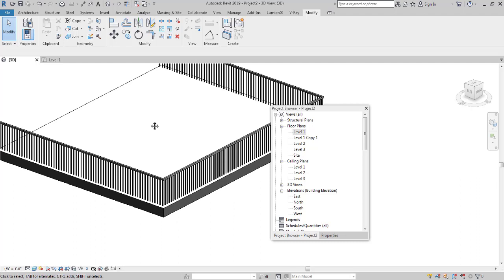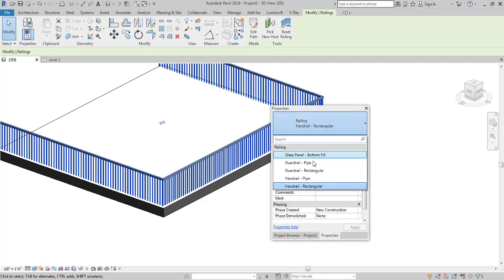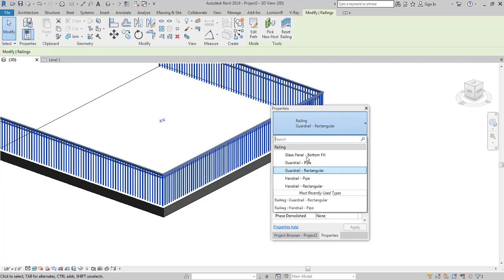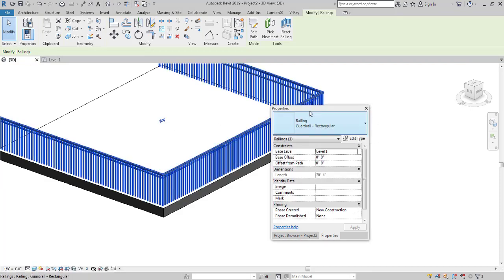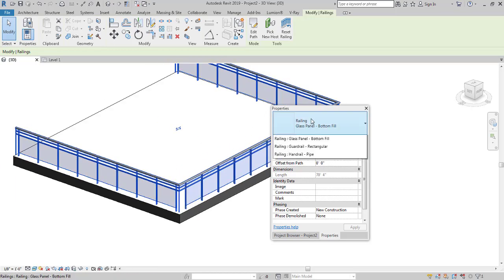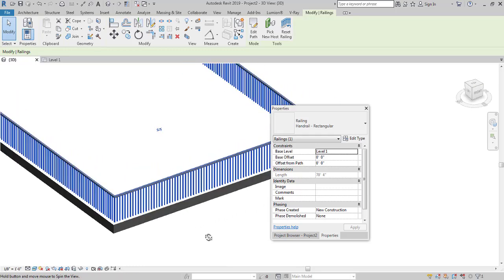So how do we change the properties of a railing? How can we modify it? How can we add more rails to it, more balusters to it? It's not that hard. Select the railing over here, go to the properties. The first thing that you guys can do is select the different rail types that are available here, such as glass panel, bottom, a bunch of other rail types that are available, but I won't be working with these. I would like to go into the main depth of this concept of railings.